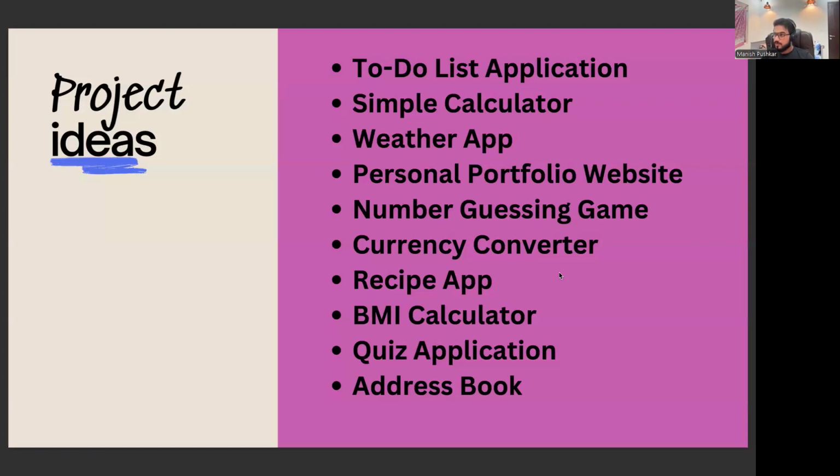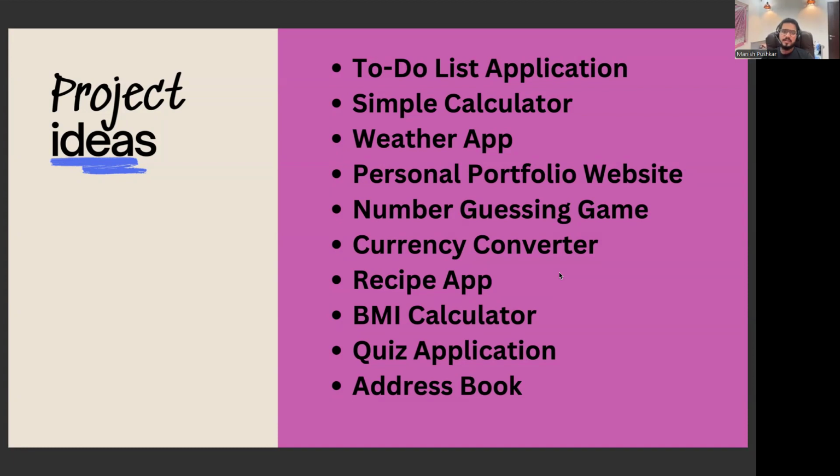Then a personal portfolio website is a really good project as a beginner. You can even show that you have built this entire portfolio website. You can use some frontend framework, React, Next.js, Angular, anything, whatever you are learning, whatever you want to learn at that point of time, and use it to build the UI. You can also learn a bit of UX. Then you can have this portfolio website which you can add to your resume. Anyone who comes to your website will see that this particular guy has a very cool website. Probably he has good knowledge of UI and frameworks, and let's have a word with him for a job interview.